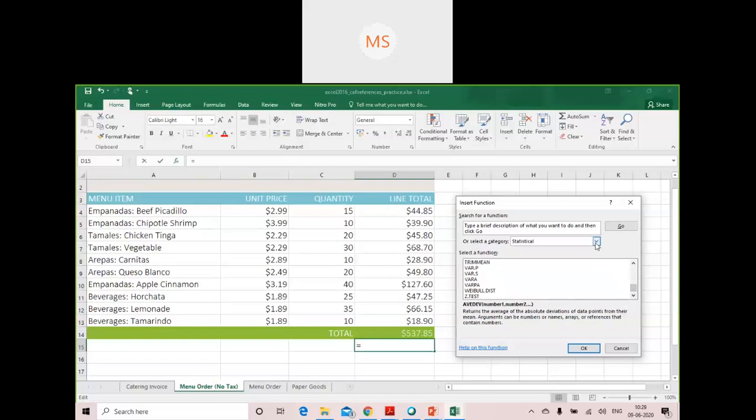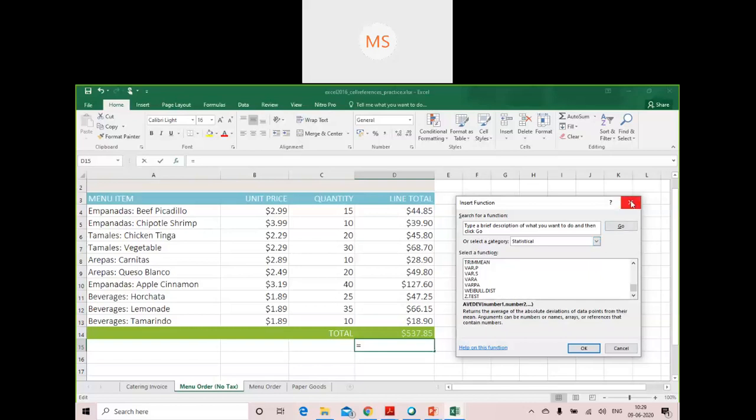Because whenever you select a function here in the insert function option, it will always give you an example of it along with its structure, and you can also go to help and read about those things. Learning each and everything is not important, but you should know how to learn it, how to make use of a function, and how functions are created, so that you can understand their structure and it will be easier for you to implement them.